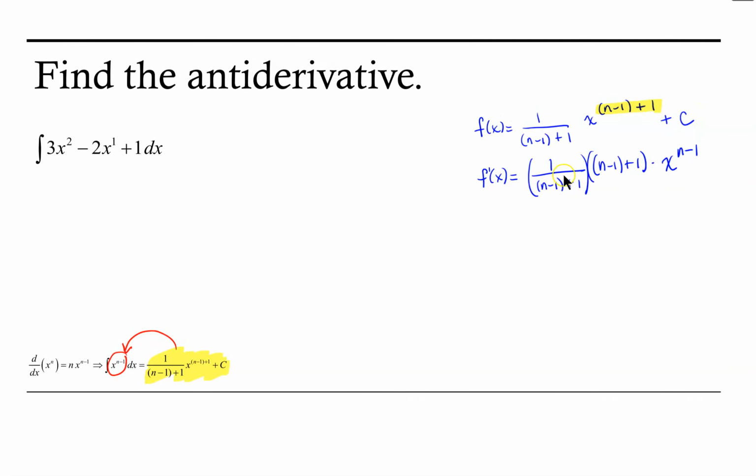Now notice that we have 1 over n minus 1 plus 1 times n minus 1 plus 1. So those are the same value. They're reciprocals, and so when you multiply them, they multiply to equal 1. So our derivative does in fact end up being x to the n minus 1. So now that we are fairly convinced that this process works, let's see how it applies when we find an